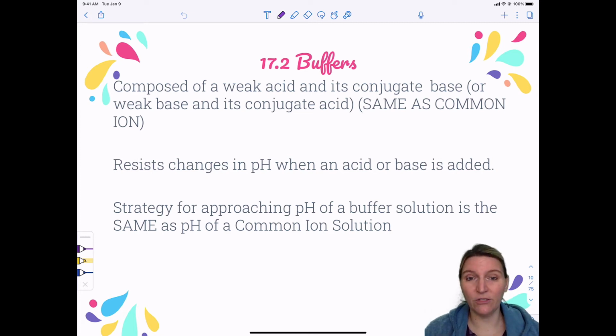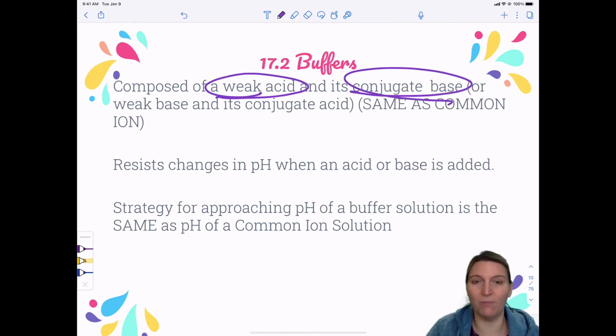Okay, so we're moving on to 17.2, which is all about buffers. And that may be a concept that you may have heard something about, especially if you took AP Bio. The idea behind buffers is that they are composed of a weak acid and its conjugate base, so a solution of two things. And the purpose of a buffer is that it resists changes in pH when an acid or